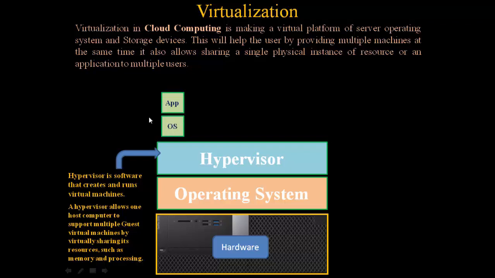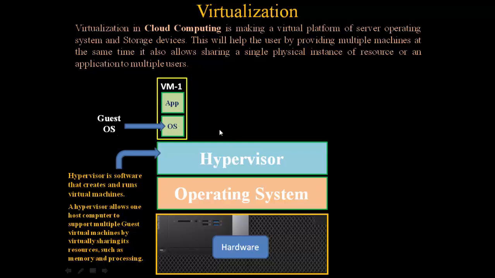And on this Windows 10 you can install a number of applications. And this set, that is operating system and application, looks like a separate physical server. But actually it is not a separate physical server, it is a virtual machine. And this operating system is not the host operating system, but it is our guest operating system. The actual operating system is Windows 7 and this is the host operating system, but another operating system we have installed to run this application. So this operating system is known as the guest operating system.